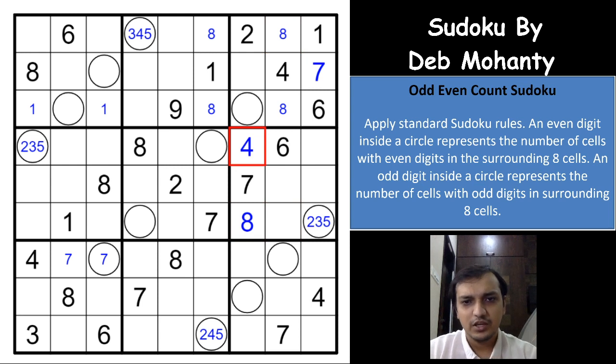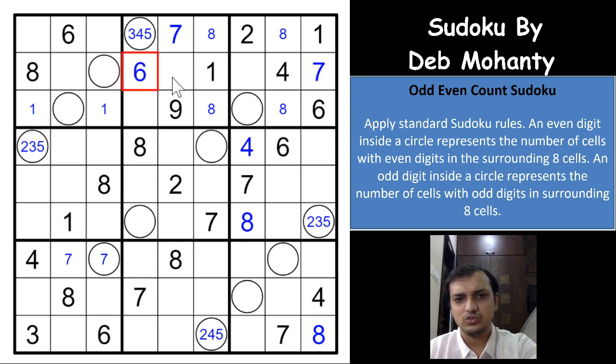Excellent. Easy start. And okay, so 8 has to be here in this box. Again, 7 here and here will give you a 7 here because of this 7. Okay, that is also done. And 6 here and here will give you one of the 6 in one of these two cells, right? Superb.